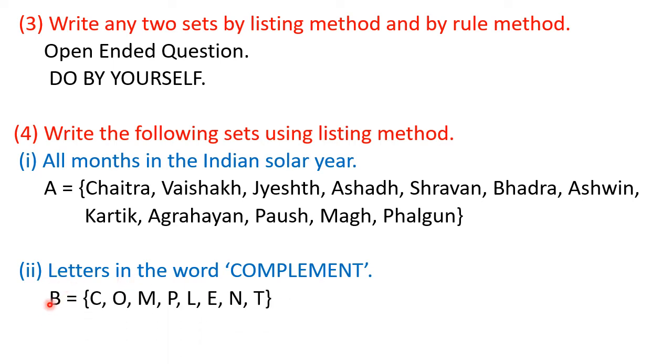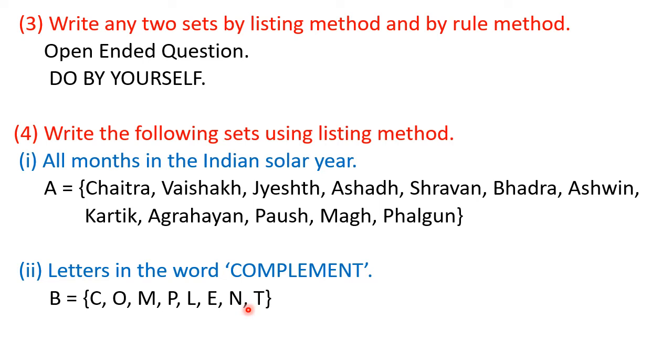Okay, so let us see how to write down this set. So take any alphabet, B is equal to, then start from here. The first element is C, put comma, then O, put comma, then M, then P, then L, then E. But now see, the next letter M is repeated. Already we have written it. So again we cannot write it here. So ignore this. Then E, see already we have written E. So we will not write this also. Then next is N, and finally the last one is T.